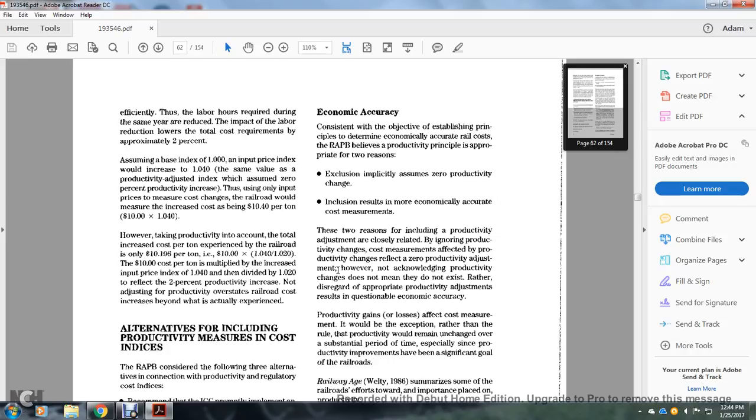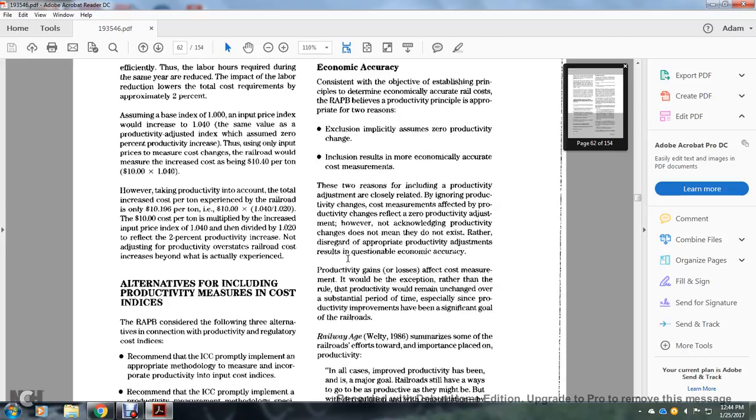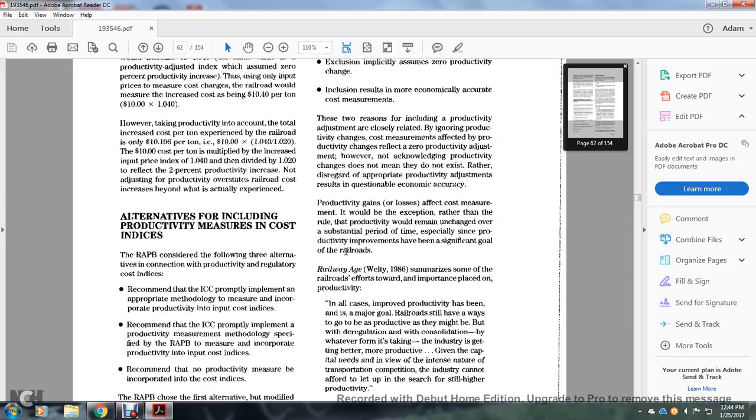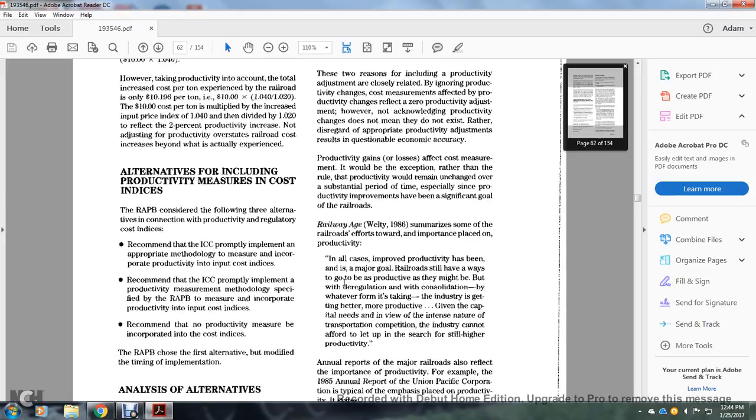However, that there is no productivity change does not mean that it does not exist. Rather, disregard of the appropriate productivity adjustment results in questionable economic accuracy. Productivity gains and losses are affected by the cost of measurement. Productivity would remain undercharged for a substantial period, especially since the productivity improvements have been significant over the railroad's railway edge of 1986, which summarized the railroad's effective efforts toward the importance placed on productivity